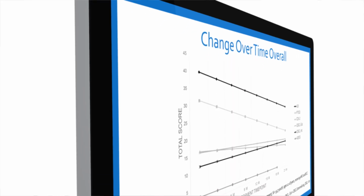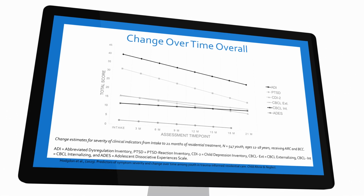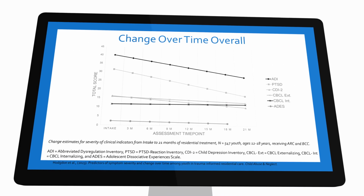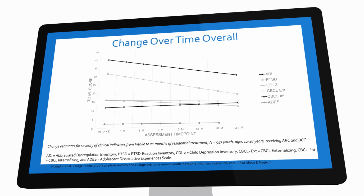And what we found was that on 5 out of 6 different indicators that we measure, which look at kids' mental health, so things like depression, anxiety, dysregulation, post-traumatic stress, kids in our congregate care settings were getting better, significantly better over time. And we think part of the reason for that is because we take a holistic approach here